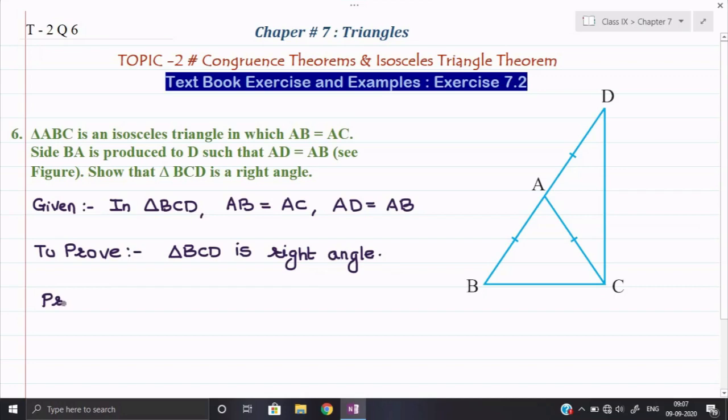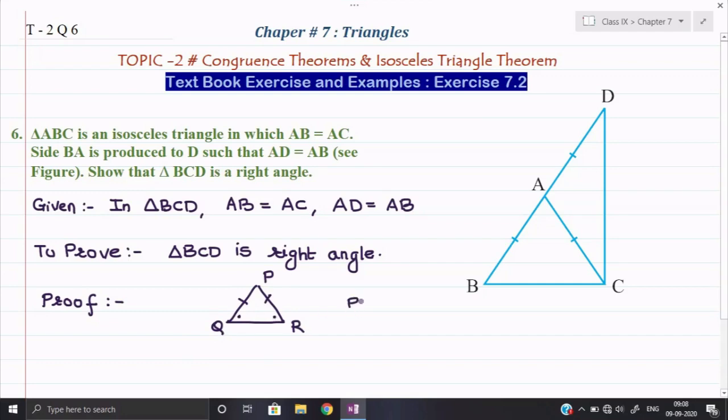So first in the proof, what shall we take here? We have given that side AB and side AC are equal, and as you know, we have covered one theorem named the isosceles triangle theorem. The theorem says, suppose I show you in short, this is one triangle, and I will name this triangle PQR for example. If PQ and PR are equal, that is, if in a triangle two sides are equal, then the angles opposite to them are also equal.